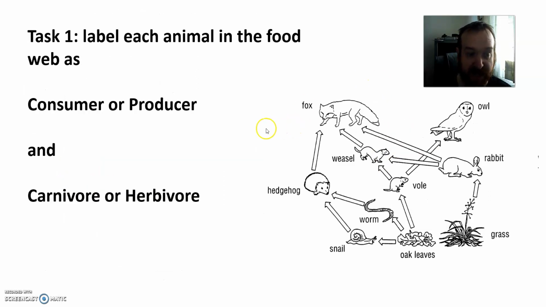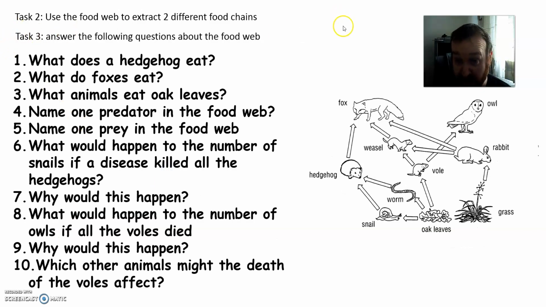Okay, so your first task, draw a diagram of this food web and label it with consumer, producer, carnivore and herbivore. Then extract 2 different food chains from this food web. And then third task, answer these 10 questions. Okay, take a picture of your work, take a screenshot of your work, save it as a document, however it is, and upload it to class